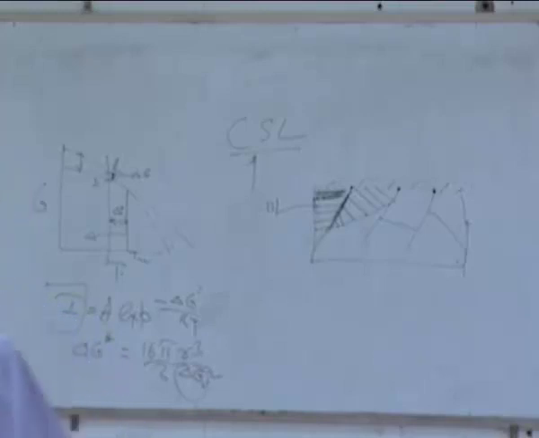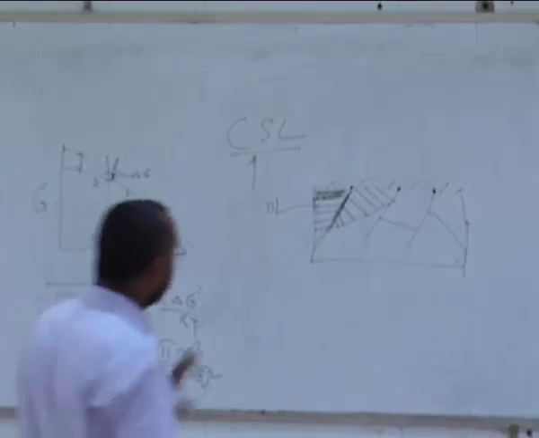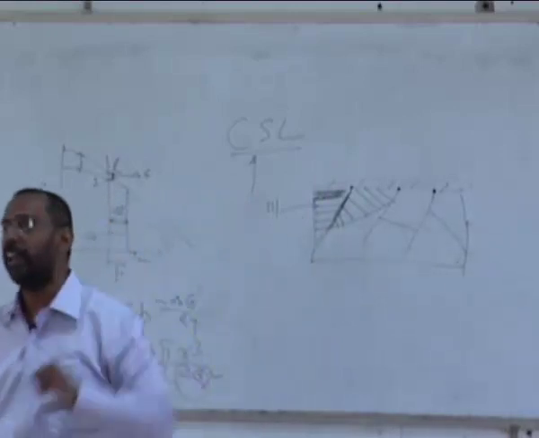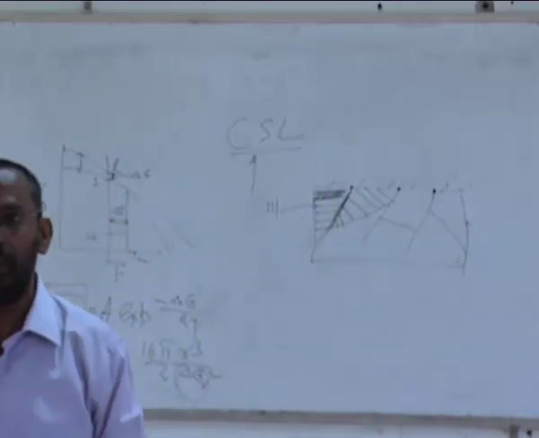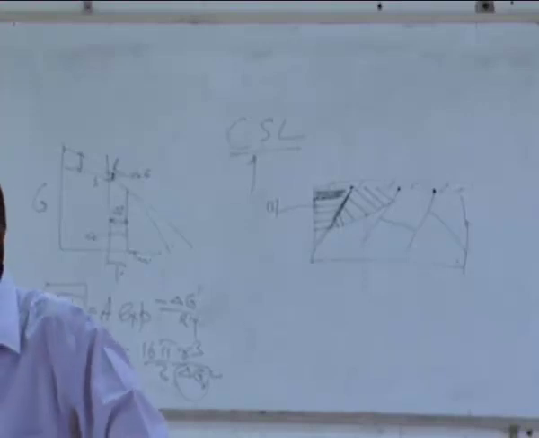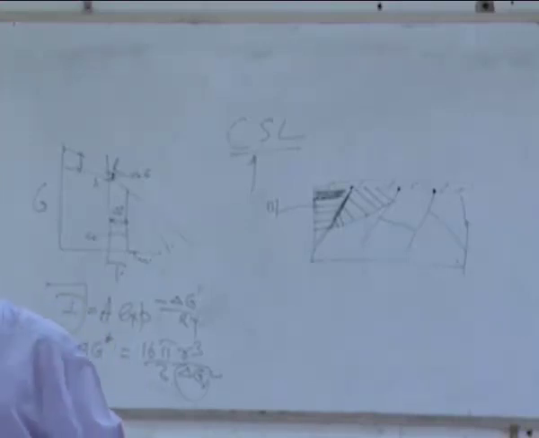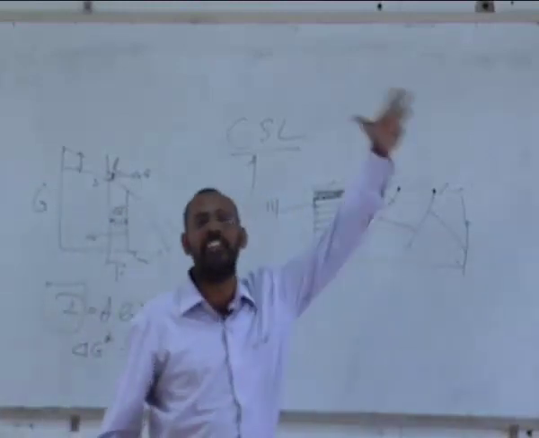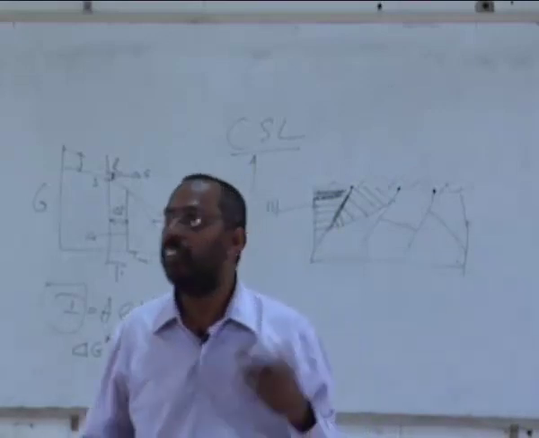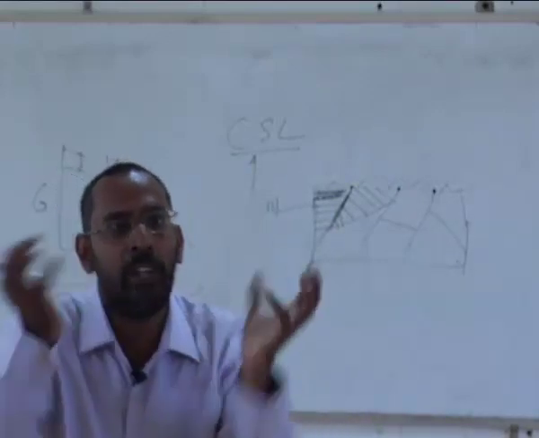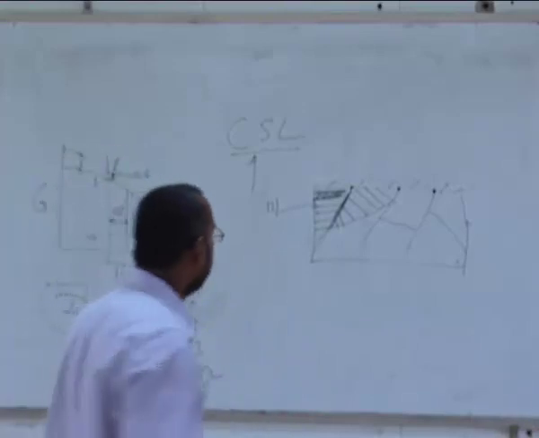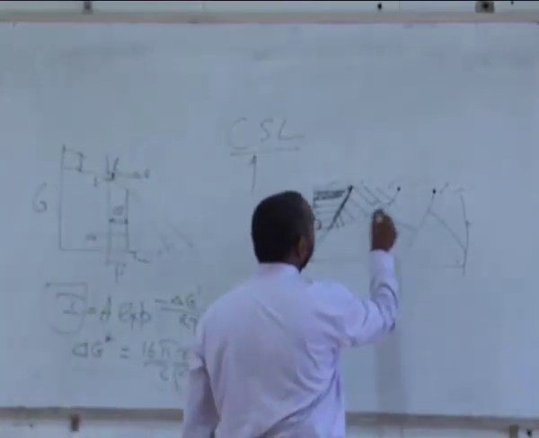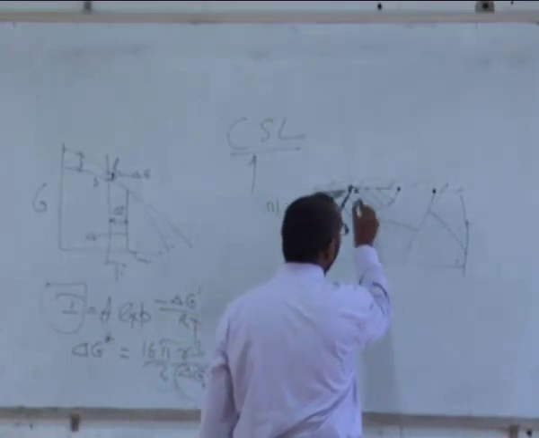Does grain boundary have a structure at all? So generally people assume that the grain boundary has a kind of randomness, which is not the same as that in the grain. In the grain, you think there is a complete periodicity, and in the grain boundary you don't have that kind of periodicity. As a result, the atoms inside the grain boundary are at a high energy state, because they are not periodically arranged. And as a result, this region is at a high energy state when compared to this region.